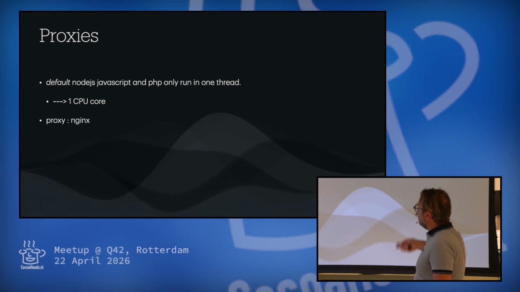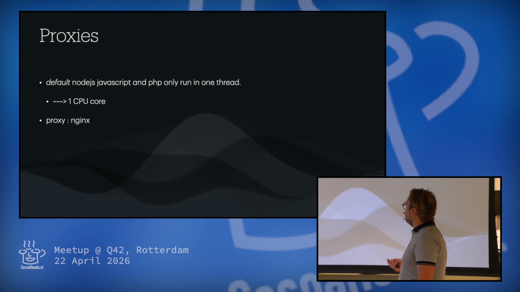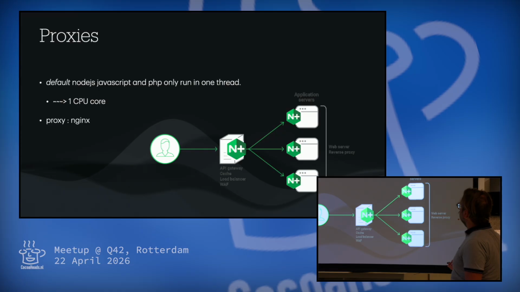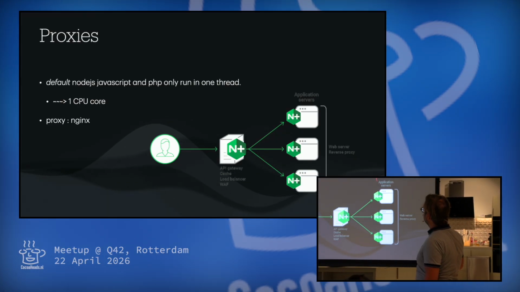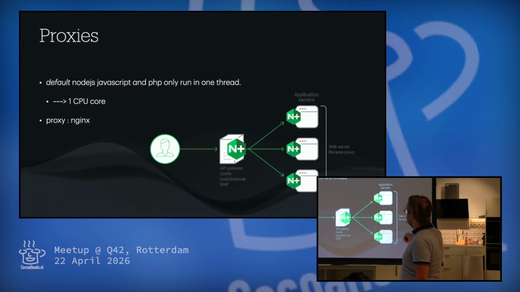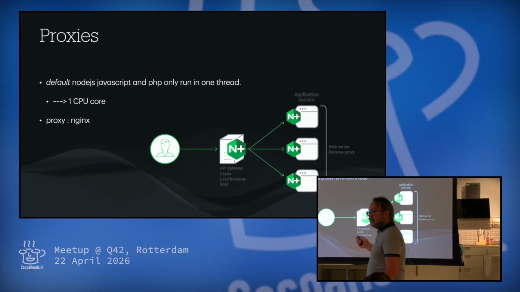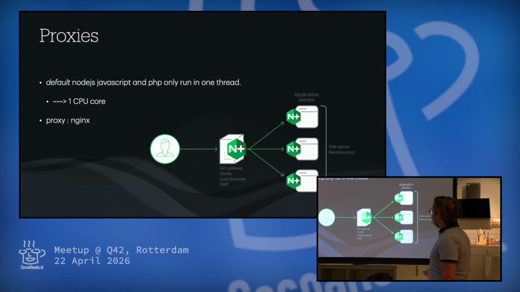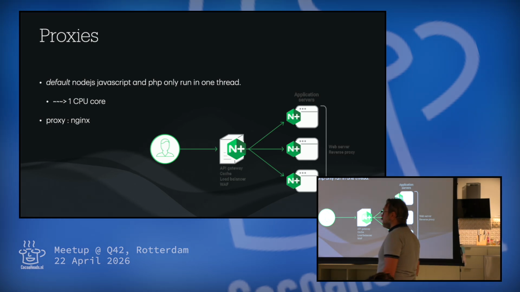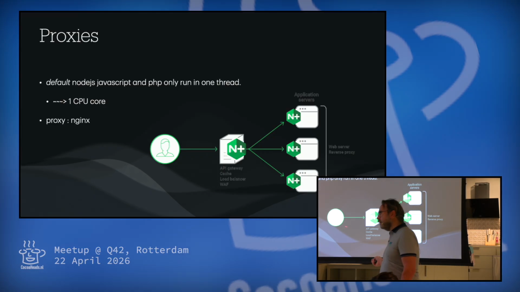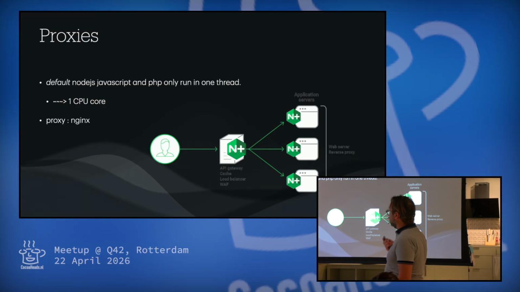So to work around that, you normally use a proxy, in my case Nginx, which gets the request from the client and distributes it to all the different application servers. This is the Node.js application or the PHP application. And so you can hit this with hundreds of requests, and it will just distribute them over all these servers. This is very standard, but as an iOS developer, I didn't know that because you can't know everything. The Swift framework that I used, Vapor, does this automatically. So basically, this is built into Swift. And in Java, this is also built in, but just not in PHP and JavaScript, which I used.